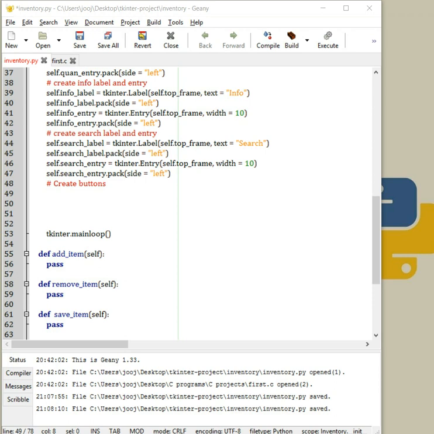Welcome to part 6 of GUI programming with Python and tkinter, and part 2 of inventory manager, which is really a simple one without using any database. We continue to create our